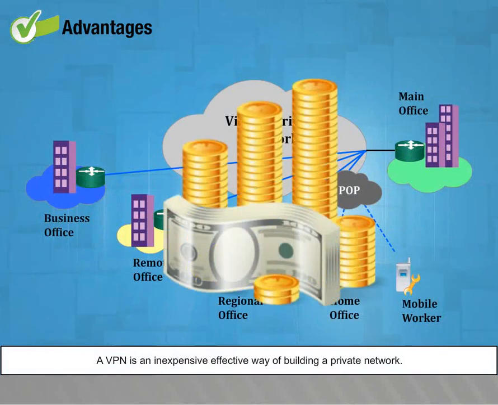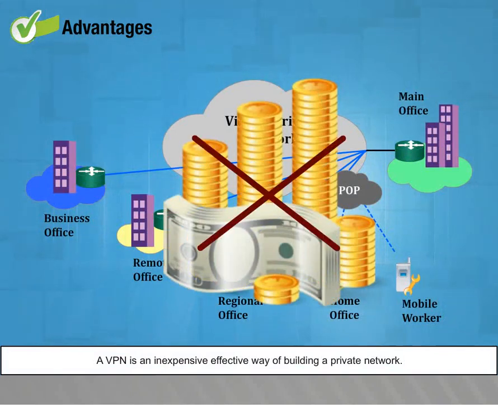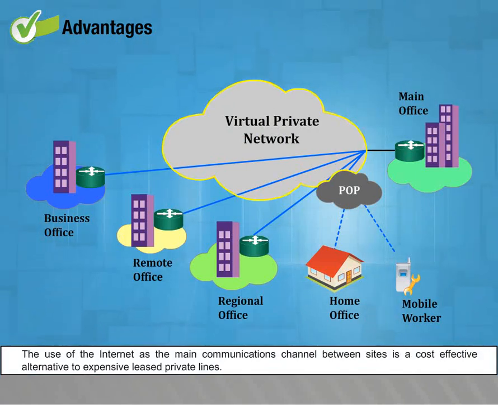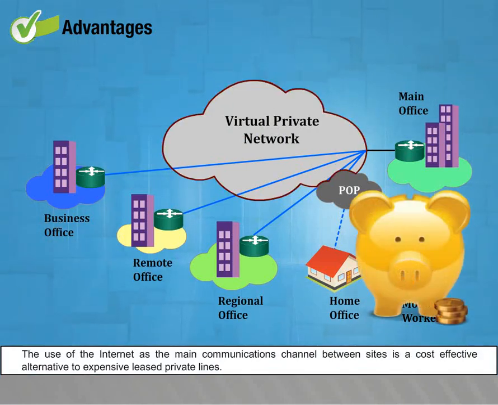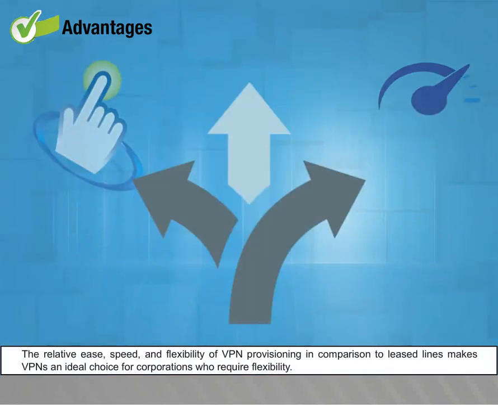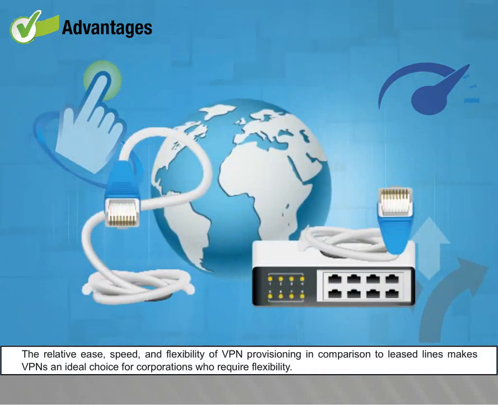A VPN is an inexpensive, effective way of building a private network. The use of the internet as the main communications channel between sites is a cost-effective alternative to expensive leased private lines. The relative ease, speed, and flexibility of VPN provisioning in comparison to leased lines makes VPNs an ideal choice for